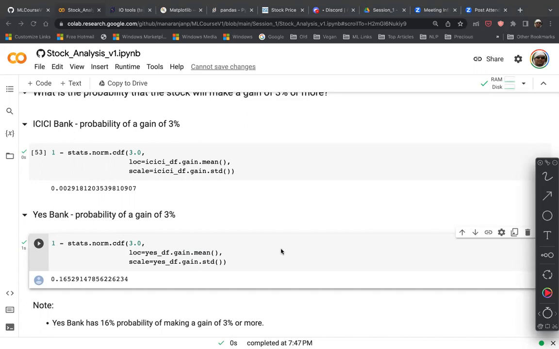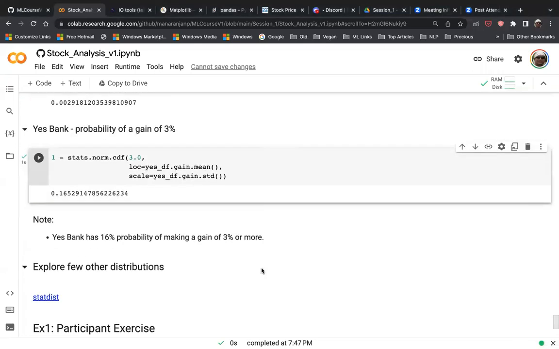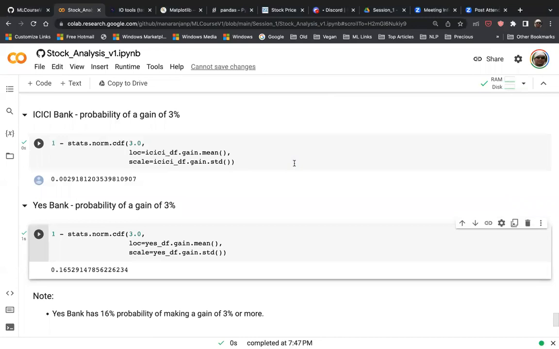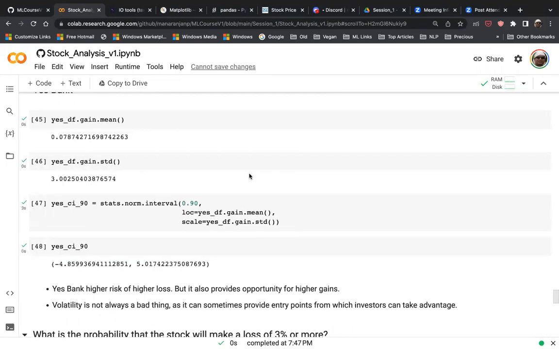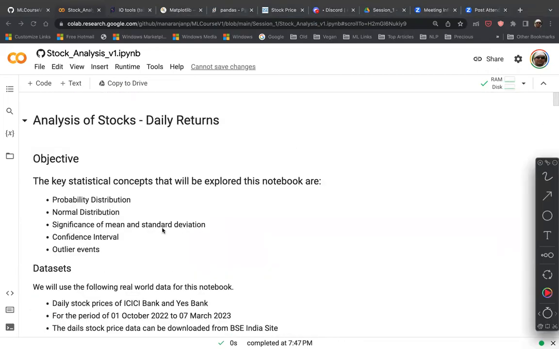But to even come to that point, we can take data and understand the behavior of the customer, the behavior of the stock price movement, and based on that, we calculate these values and take decisions. So this is what I wanted to cover today, and we have looked at the probability distributions, normal distribution, significance and mean standard deviation from the practical approach, confidence interval, and outlier,